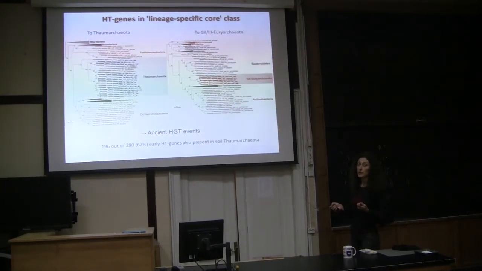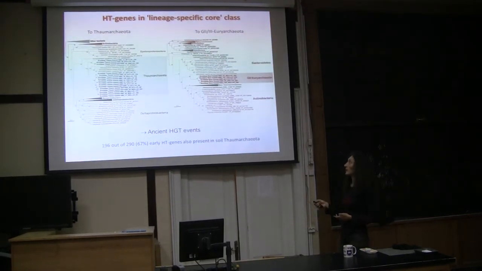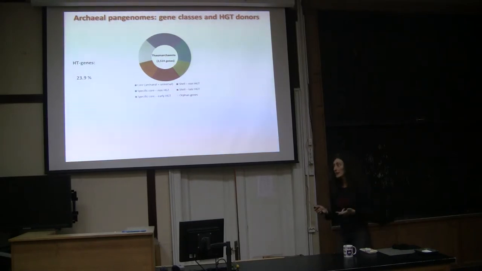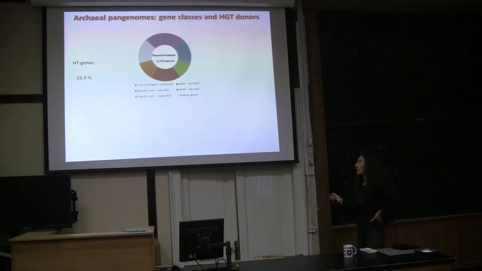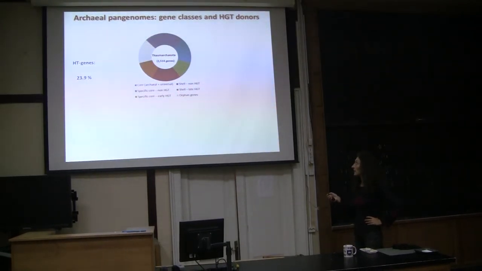And in the case of Tomarchiota, nearly 70% of these genes were also shared by Nitrososphaera gargensis, which is a representative of soil. So these are possibly really ancestral cases that predate the divergence of soil and marine Tomarchiota. Okay, and if we count all these cases, what we have is that almost 24% of the genes in the Tomarchiota genome are coming from distant horizontal gene transfer, about half for shell genes and the other half for specific core, so early transfer cases.